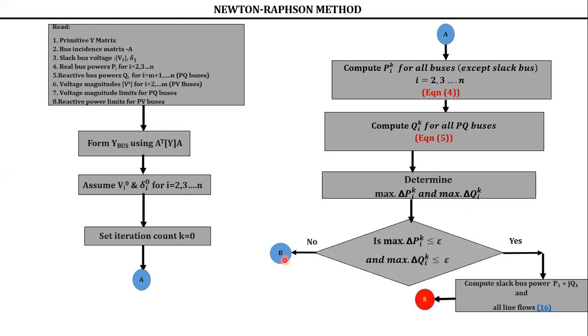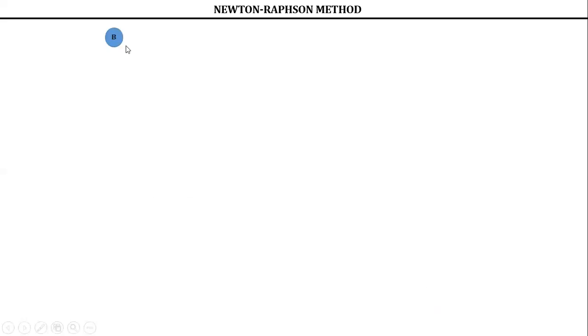Go to B. So when you go to B there, I think some animation mismatch is happening there. Sorry, I will share. Go to B, no? So then I will click it here. It's not going. So I have to remove this pointer and I will show it to you. Okay, fine. Go to B. So if you go to B, here I am showing the continuation.